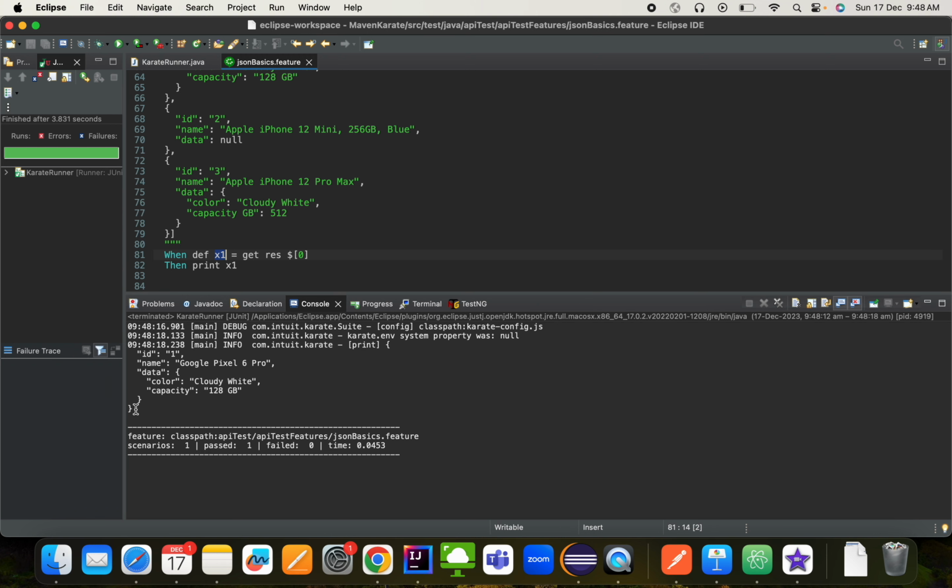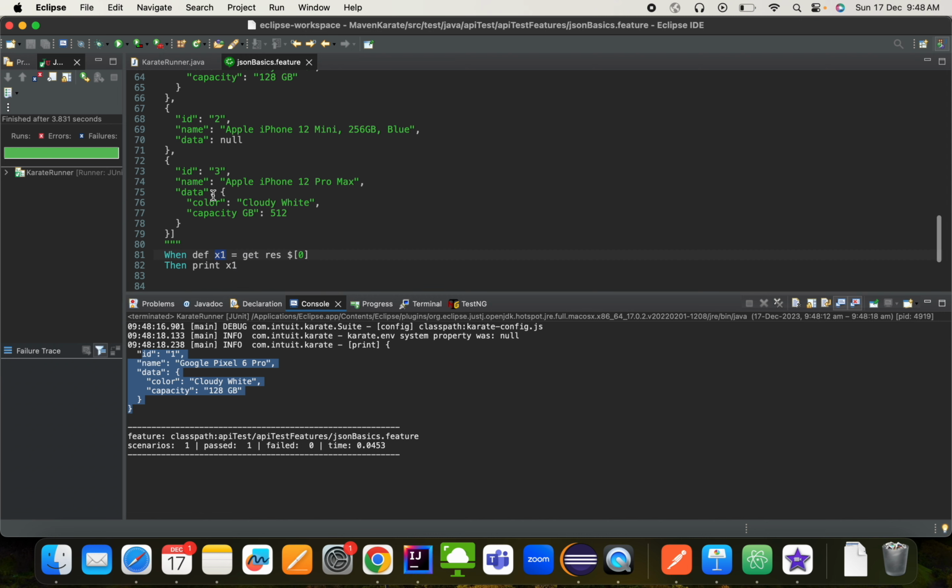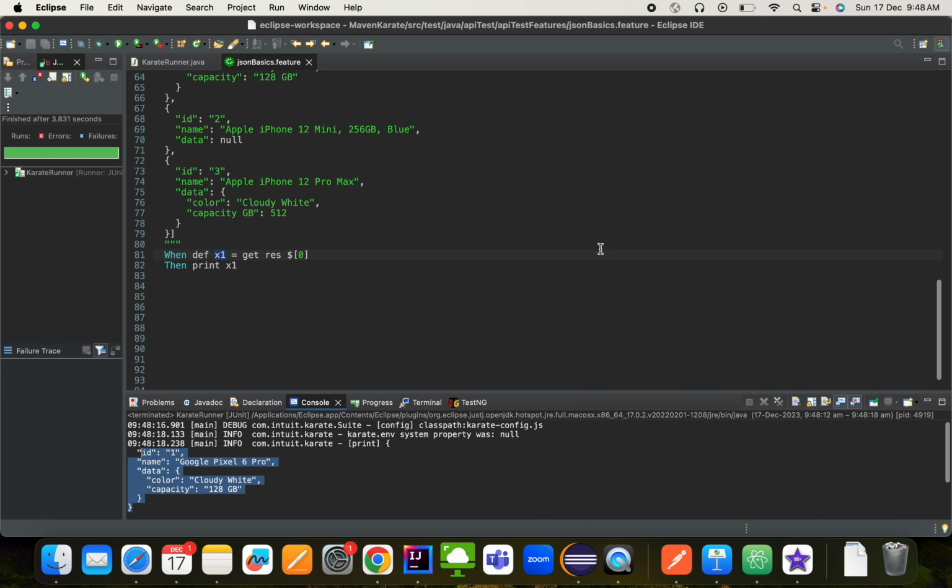So the object which is present at index 1 is retrieved. In this array there are 3 elements. This is the first element, id2 is the second element, and id3 is the third element. So we retrieved the first element. So far it is good. Now